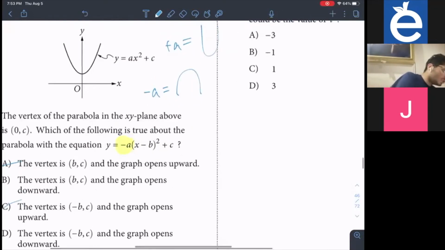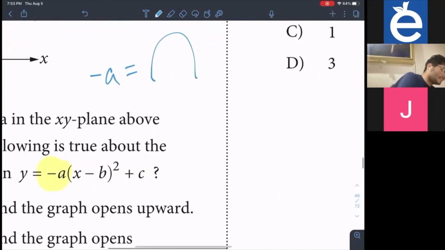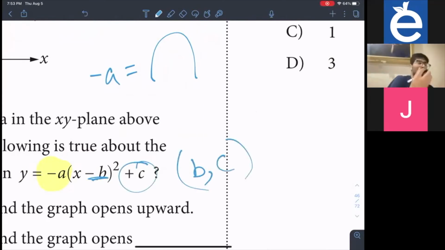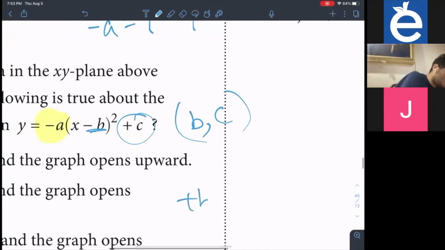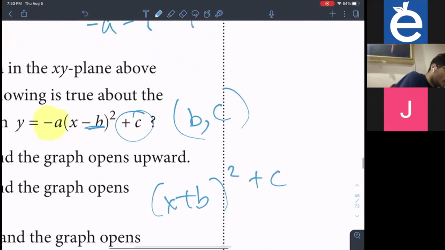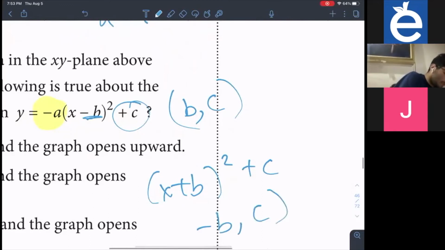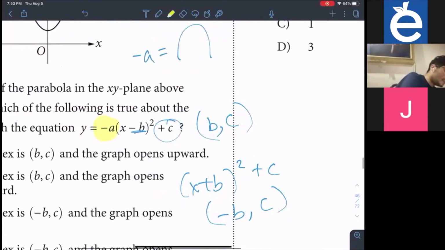Now the next thing you need to know about the vertex is that the b is always the opposite sign. So if it's negative b, it's always going to be positive, and you just keep the sign of the outside. So it'd be b comma c as the vertex. So let's say if it was b x plus c, then it would be negative b c. But since that's not the case,